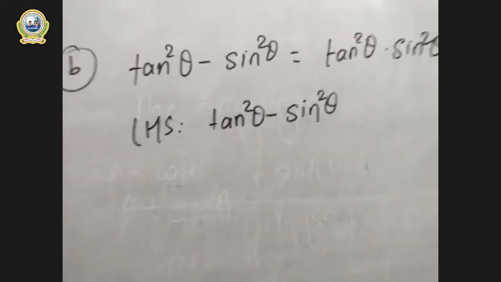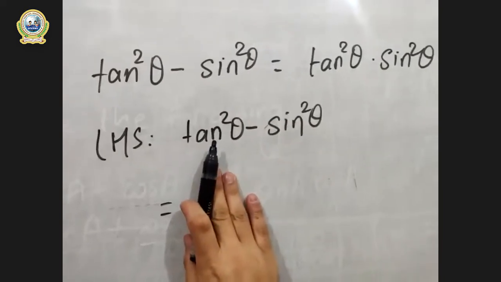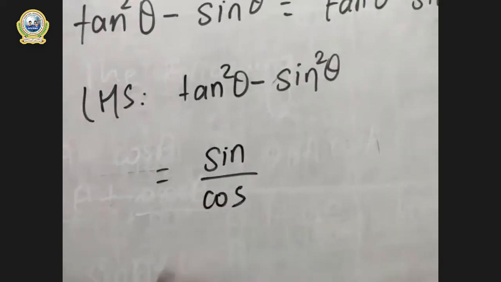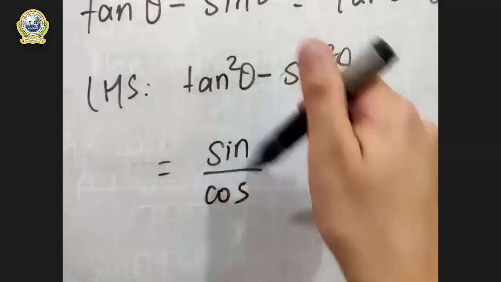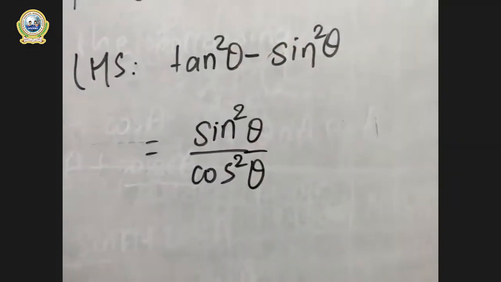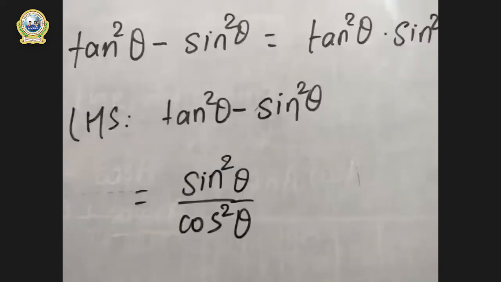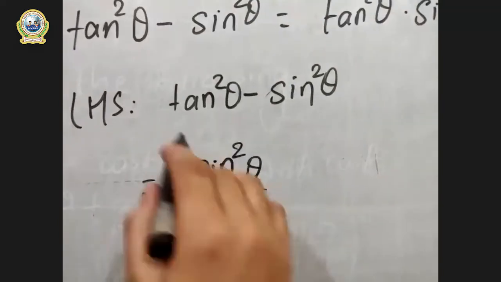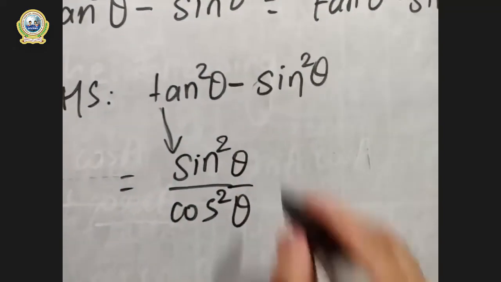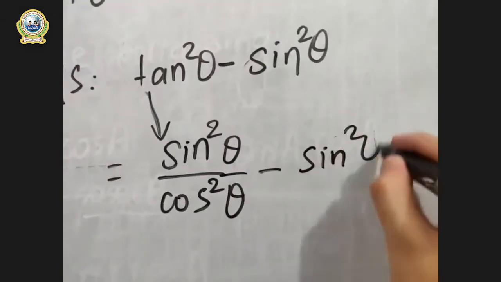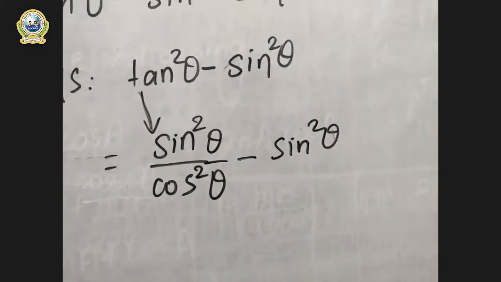Now we know that tan theta can be converted into sin by cos, right? So we can write sin by cos, but here is a square. So we have to write square as well. And here is theta also. So write theta also. So this means tan theta is equal to sin theta by cos theta. In a square form, tan square theta will be equal to sin square theta by cos square theta. I have written this ratio for this term. Is it clear? Now minus of the middle is as it is. And sin square theta is at right part. Is it clear up to here?